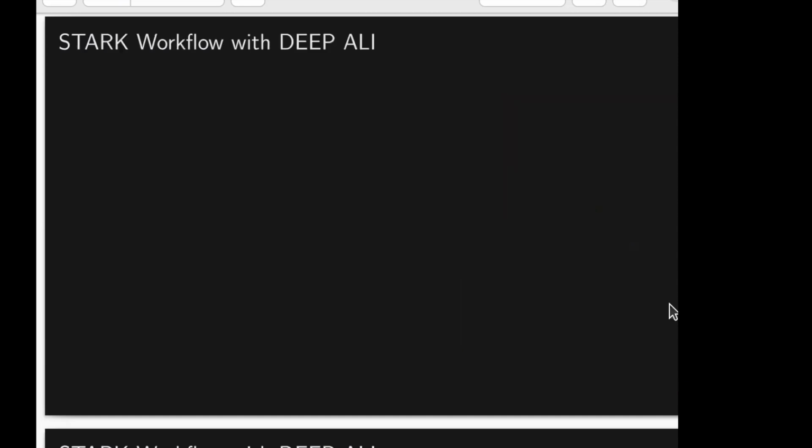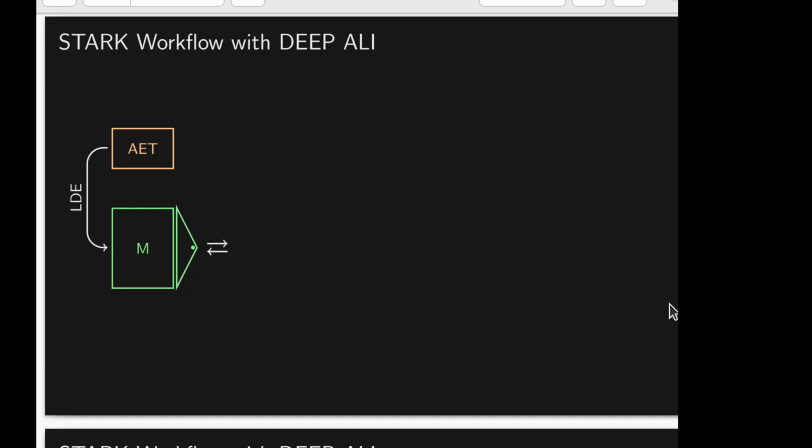So with that said, here is what the entire Stark workflow looks like. We start from an algebraic execution trace, and we turn this into the main execution trace through low degree extension. We hash the rows of this table and compute a Merkle tree over that. The root goes to the verifier, who comes back with randomness, which we use to compute the second stage, which is a bunch of auxiliary columns. And once again, we hash the rows, compute a Merkle tree, interact with the verifier,